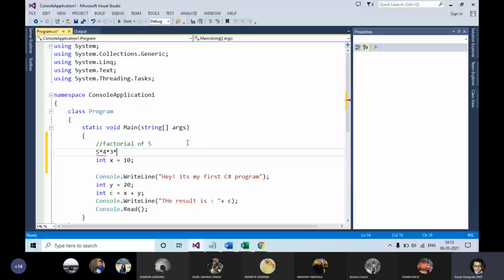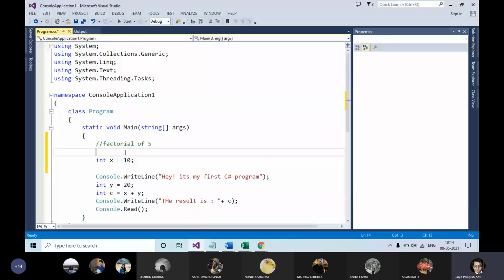So this is basically the factorial of a number. You start multiplying all the numbers from 5 down to 1. So that is the factorial of a number. In this case, the factorial of 5 is 120. I want to calculate the factorial of a number. You already know how to calculate it: there is a loop and you will use that loop to multiply the numbers.